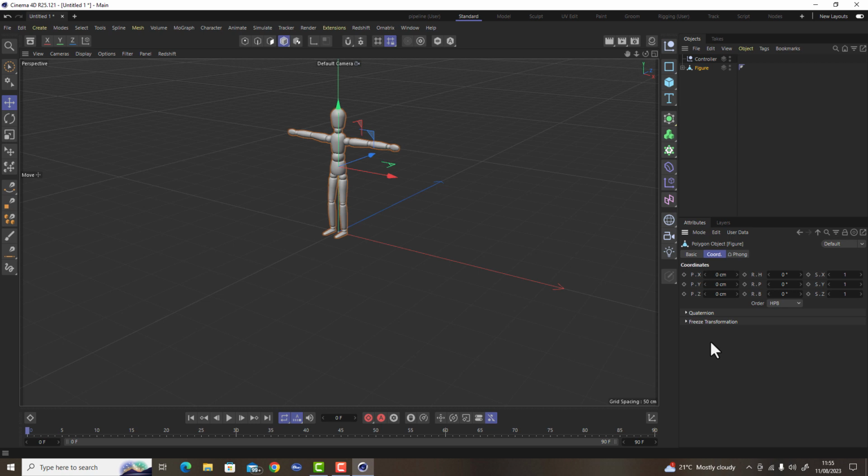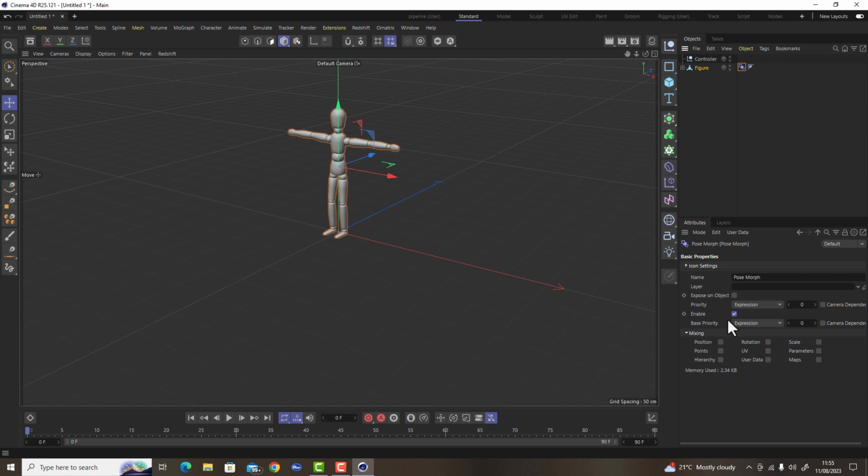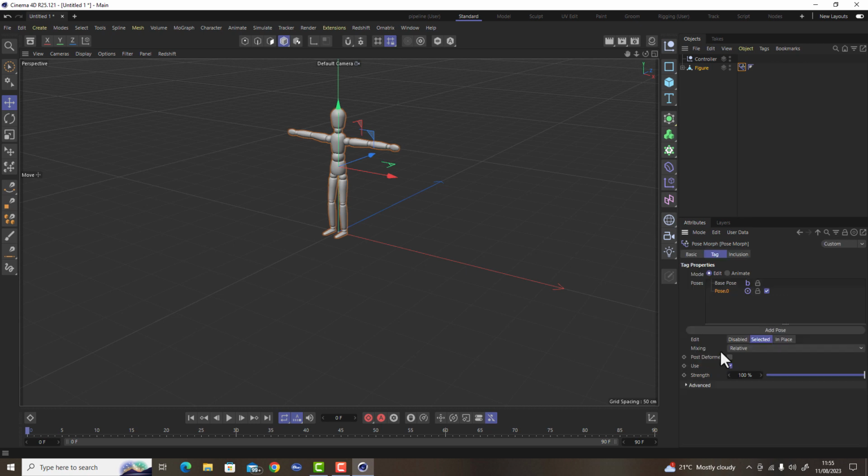Now there may be other things that you want to apply, and for this case and purpose I'm going to apply a morph to this. So I'm going to right click, go to rigging and pose morph, and in the pose morph we want to choose points. So this is the vertices of our 3D model of the figure here, and we can just leave it as it is at the moment. There are other options in here, as you can see. Relative is absolutely fine for our purpose here, and I'm going to just rename this